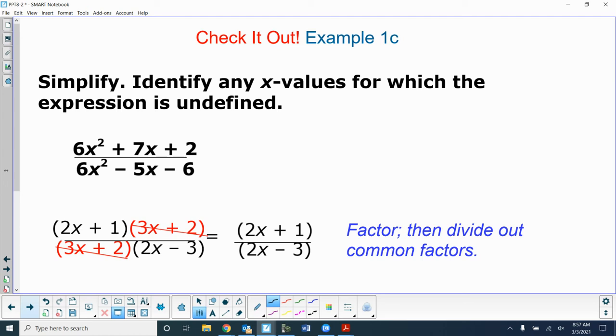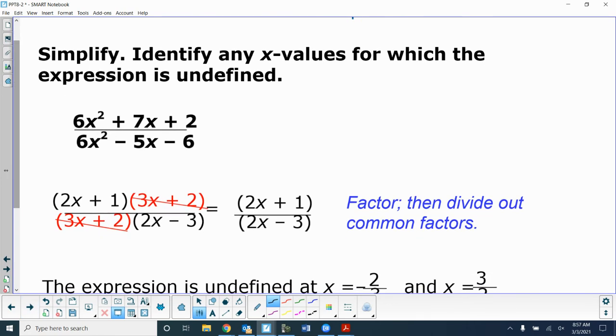Okay, so they already did this one. You won't get one this hard, I don't think, for quiz or homework. But again, you could do 6 times 2, 12. And then you'd use 4 and 3 for the 7, right? And then 6 times negative 6 is negative 36. So you would use negative 9 and a positive 4 and get your negative 5. But this is already factored out, so we get a 3x plus 2 that were the same, so we can cancel those, right? So again, my restrictions,